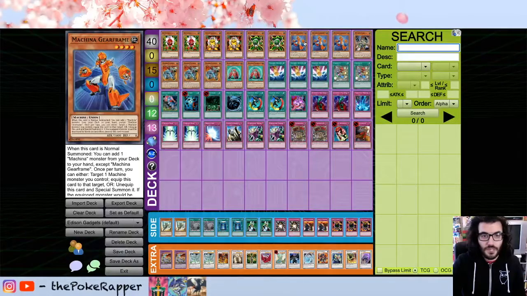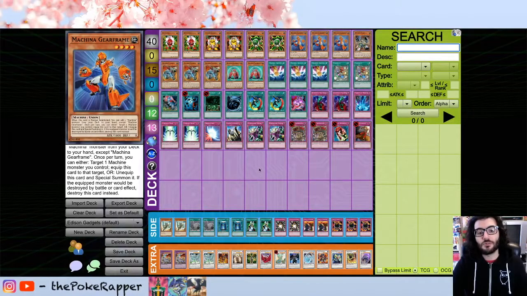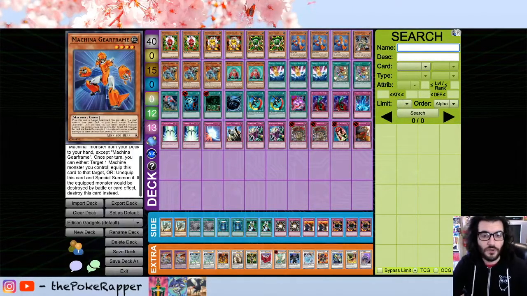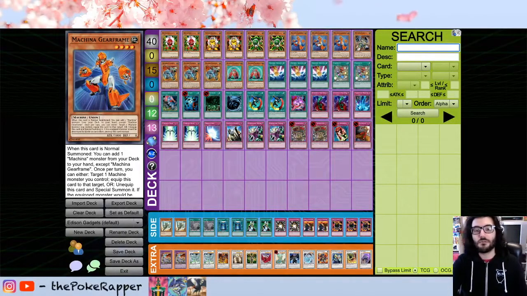And he does do a couple other things. You can equip it or unequip it to a machine monster. If you unequip it, you basically special summon it from your spell trap card zone. If you equip it, you put it in your spell and trap card zone. If the equipped monster would be destroyed by battle or by card effect, you destroy this card instead. So he's kind of a Swiss Army knife, does a couple different things, but the most important thing he's going